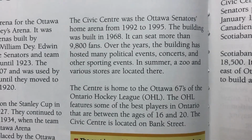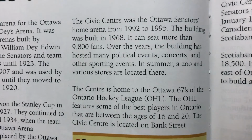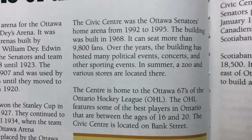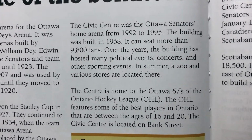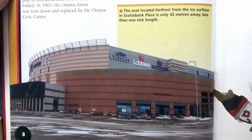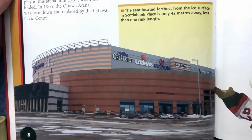The centre is home to the Ottawa 67s of the Ontario Hockey League, OHL. The OHL features some of the best players in Ontario that are between the ages of 16 and 20. The Civic Centre is located on Bank Street. The seat located farthest from the ice surface in Scotiabank Place is only 42 meters away, less than 1 rink